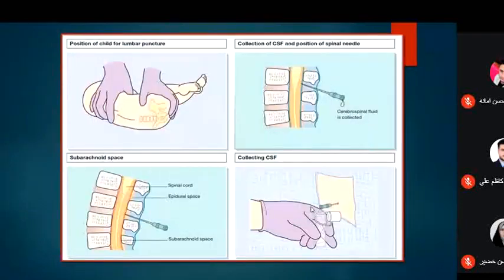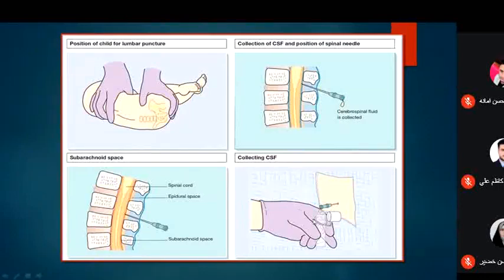Again, this is showing lateral decubitus for lumbar puncture. This is the inside subarachnoid space. So starting to collect the CSF with the needle. And you can see here the sterilized and aseptic